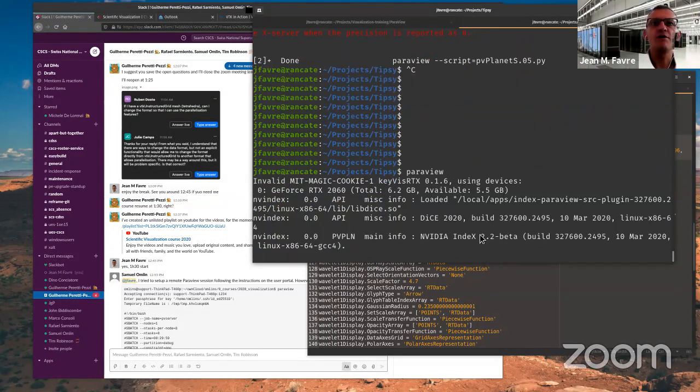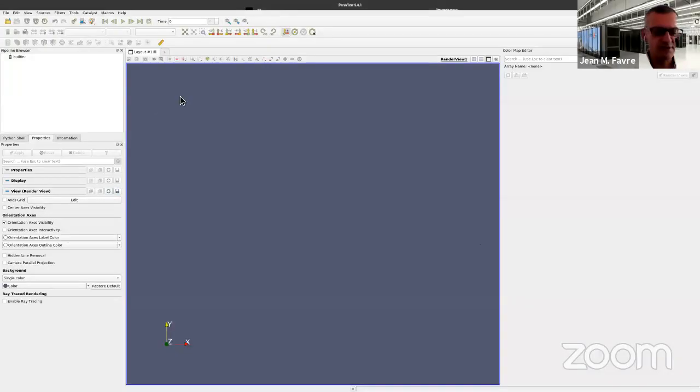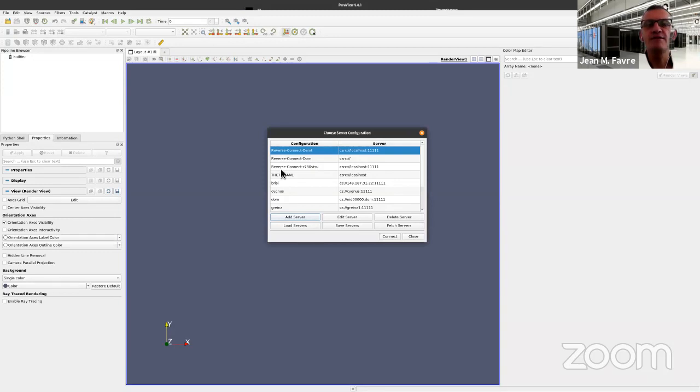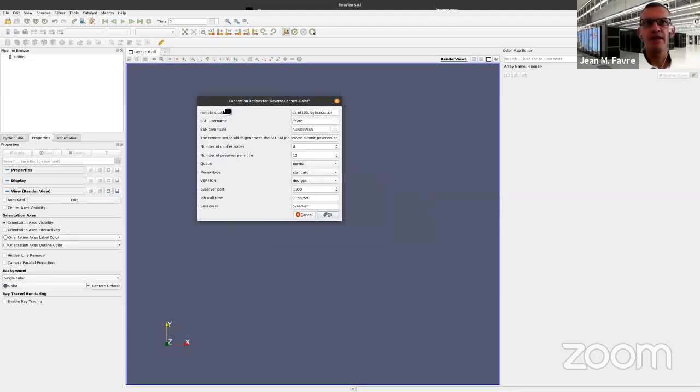And I will demonstrate how you would actually connect to CSCS. So under the connect button over here, you should have a set. If you follow the documentation we have on our user portal, you should have set up a particular server host, and that configuration is called CSCS reverse connect. If I double click on this, you get a particular